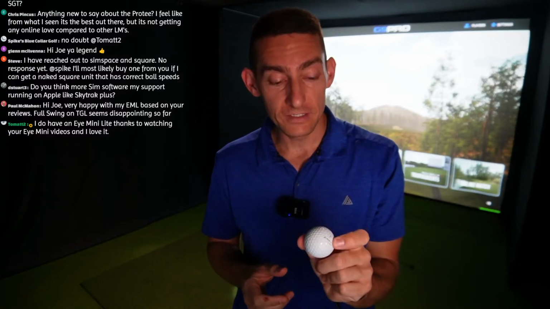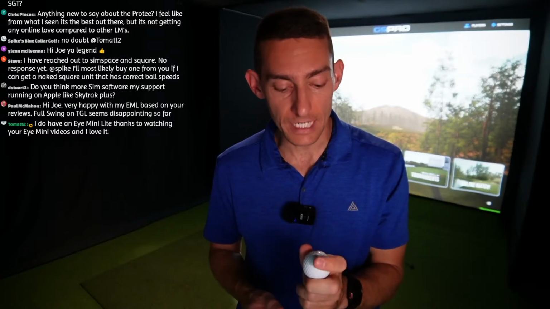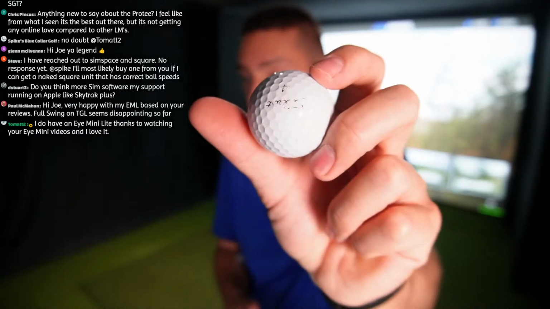So the unit does not pick up on the actual dimples on the golf ball. The Pro T needs something to lock onto. So it needs, say, a logo on the ball, a Titleist logo. It needs some sort of marking on the golf ball to lock onto. If it doesn't have that, then if it's just a plain white ball, or a logo that's worn down like this one,